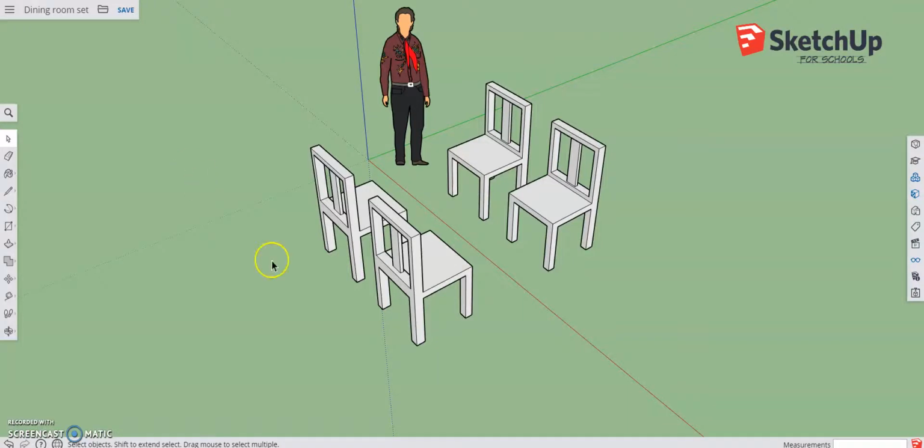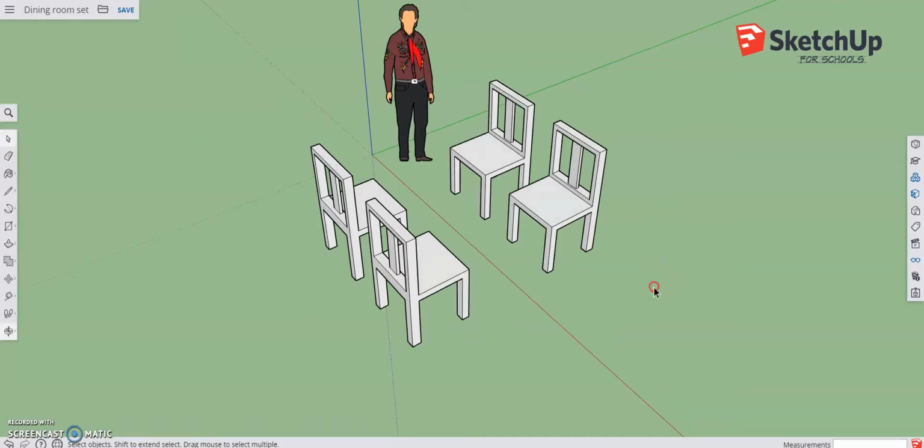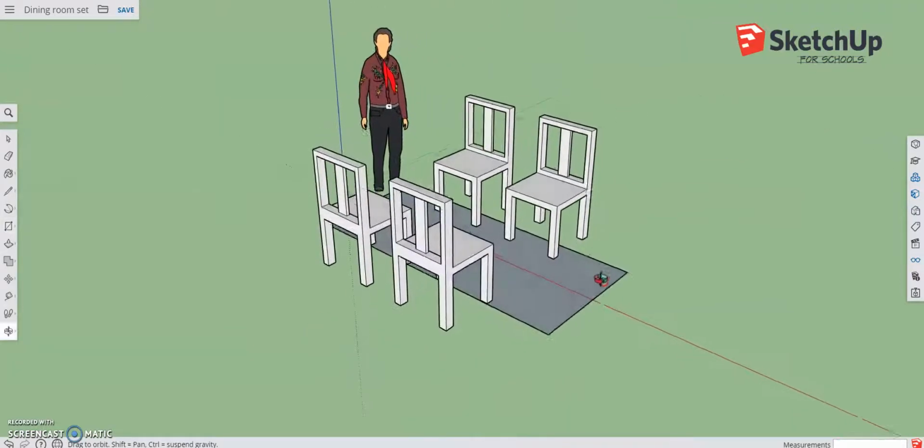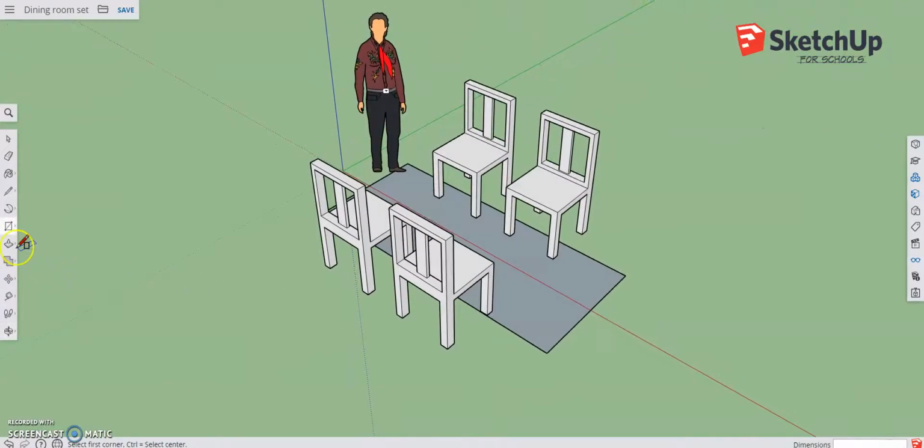Hello everybody, welcome back. We're going to start with editing groups and probably make a dining room table. Dining room table is going to be a rectangle, so let's start with a rectangle. We can draw a shape of a rectangle, looks like the size of the table,